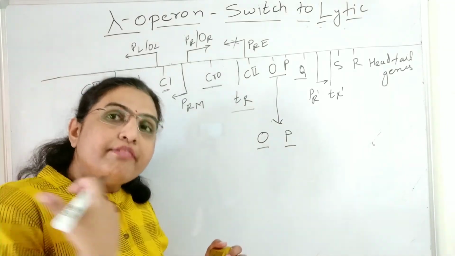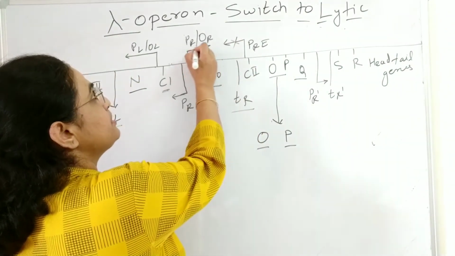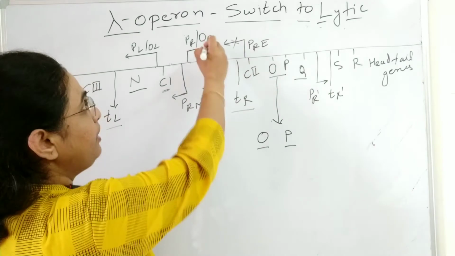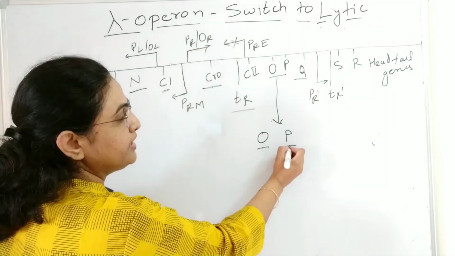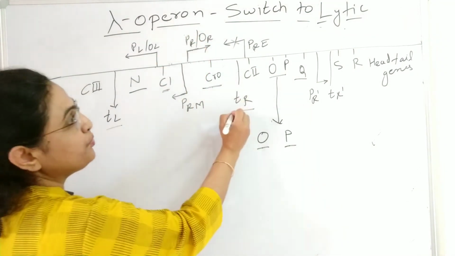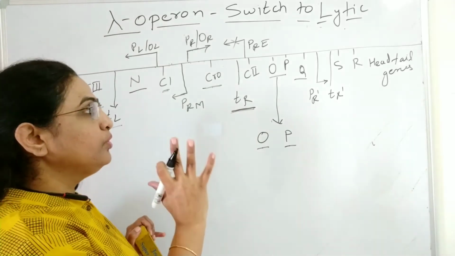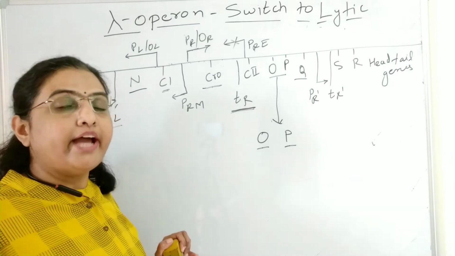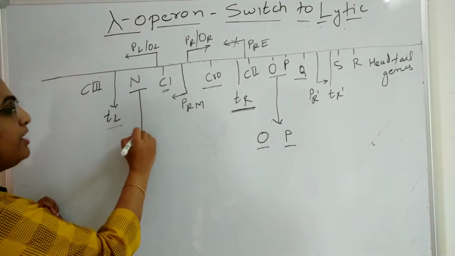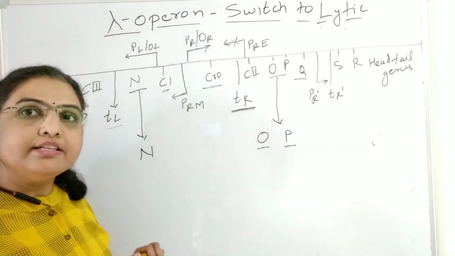Okay, so the firing or the activation of the origin of replication is going to be done when the transcription starts from the PR. So here, to have the activation of the origin of replication and synthesis of the primer, this transcription started from the PR has to pass the terminator, and that terminator is TR. And to overcome this TR, the event of anti-termination has to be there, and for that anti-termination, who is going to help? The N. Who? The N is going to help, and it is the anti-terminator.